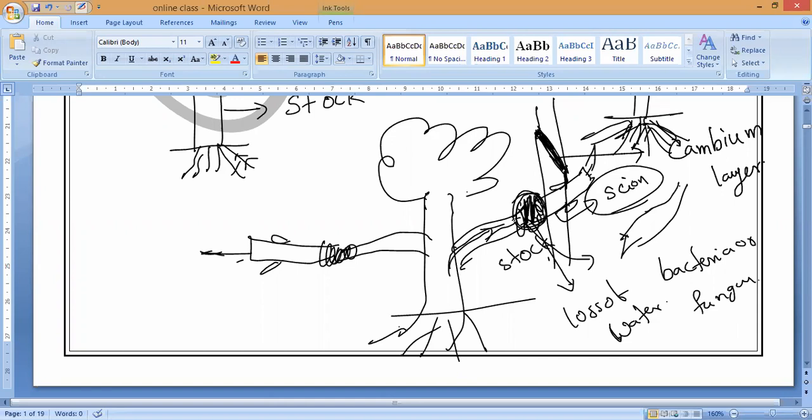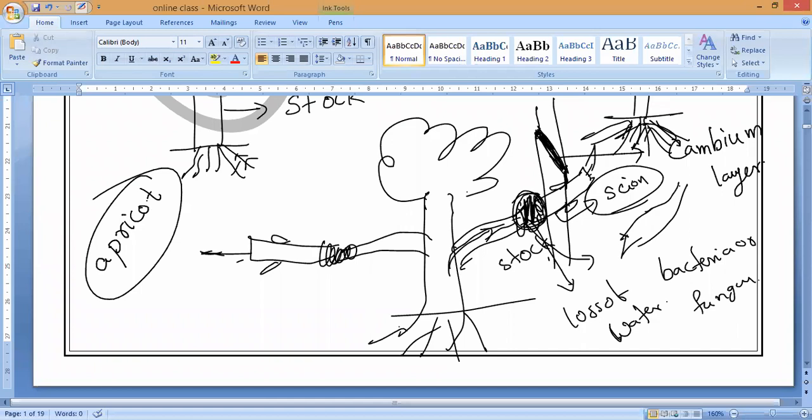Once this happens, we get a single plant, and we get multiple fruits also. So basically, the desired characteristics of fruits we obtain with the help of this method, which we call the grafting method. This grafting method can be used for fruit trees as well as flowering plants. For example, you can take apple, peach, apricot. Have you noticed, Janapriya, if you go, a dried apricot fruit will be there? That is also one of the dry fruits. So the apricot plant and the pear trees all go with the grafting method.